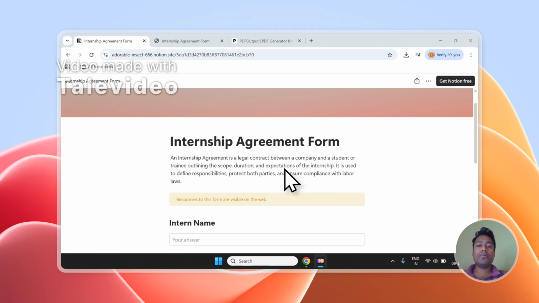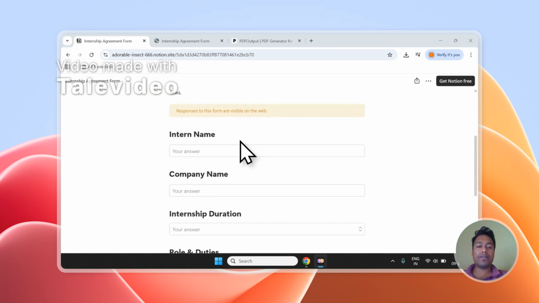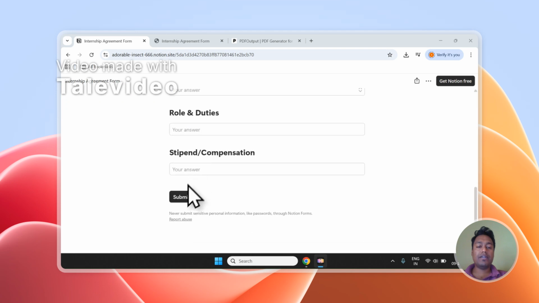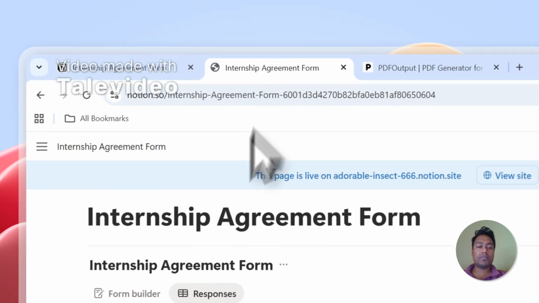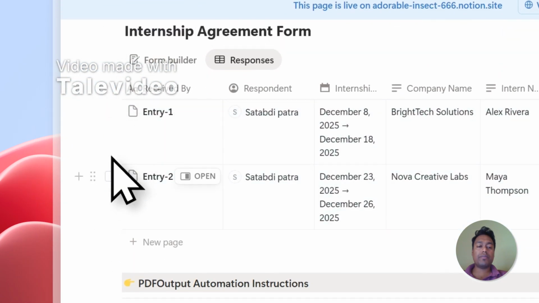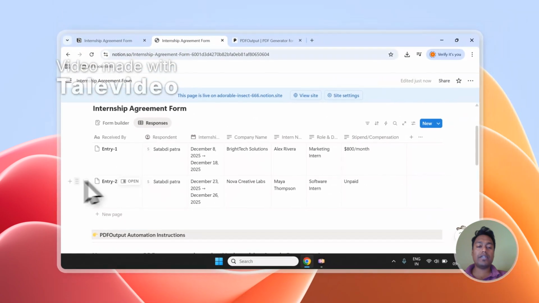Hi, today we're going to talk about internship agreements and we're going to see how to convert this internship agreement form into PDF files. As you can see, I have got some fields added over here for the internship agreement. Once the user clicks on submit, the response will come under the responses view in the database. I've already added two entries out of the particular form and now I'm looking to convert these entries into PDF